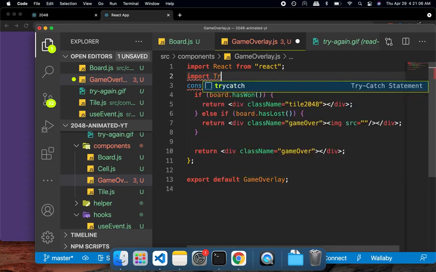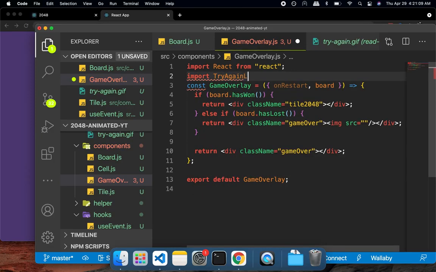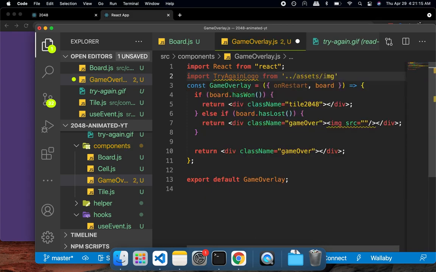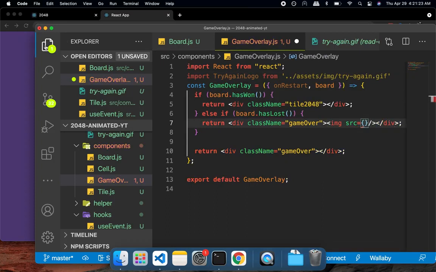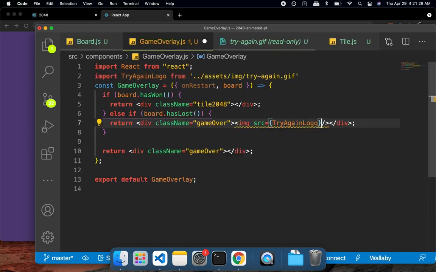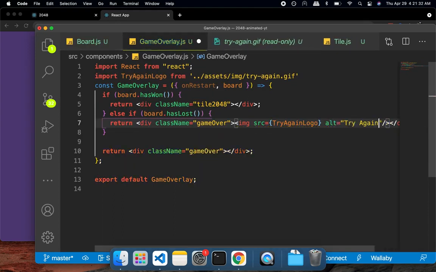So tryAgainLogo from assets image try again .gif, and here I'll do the same thing. So tryAgainLogo,